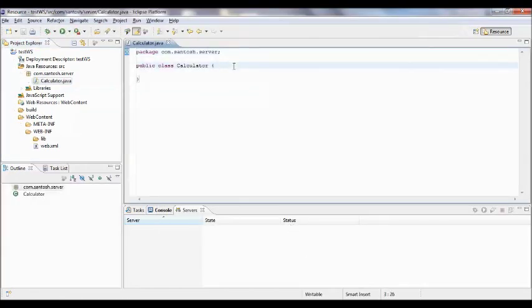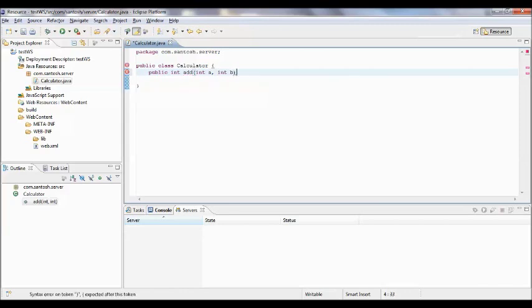This class can have a lot of web service methods, and I'm just going to create a new method, and the name of the method is add. So always remember, whenever you are creating a service class, it should be public and the methods also should be public. So public int add